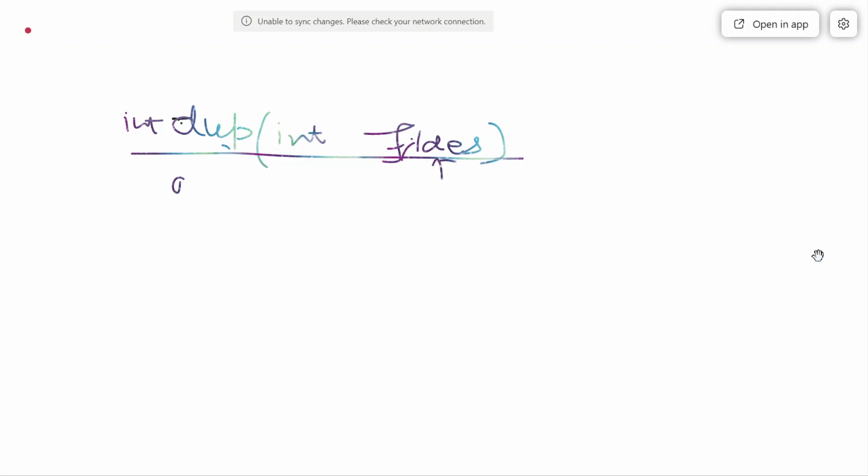Let's say I have opened a file. How do I open it? Just give the name of the file, let's say f1.txt. This is the first argument, the file I am going to open, and then I mention O_RDONLY, read only.